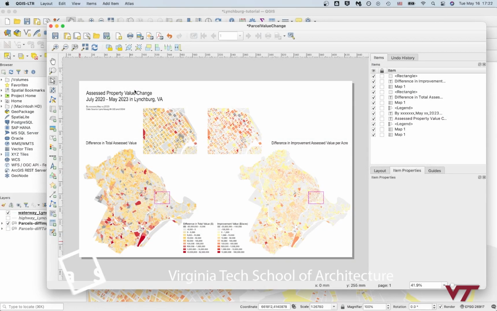Hi everyone. In this GIS tutorial, which is coming third in the GIS tutorial series, the first one we talked about doing basic styling and OpenStreetMap data. The second one we talked about downloading DEM topography. In this one we're going to talk a little bit about using parcel data, and specifically parcel data from Lynchburg,